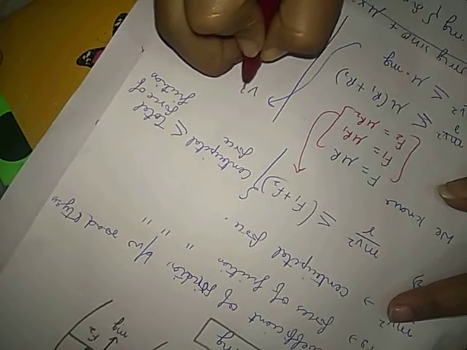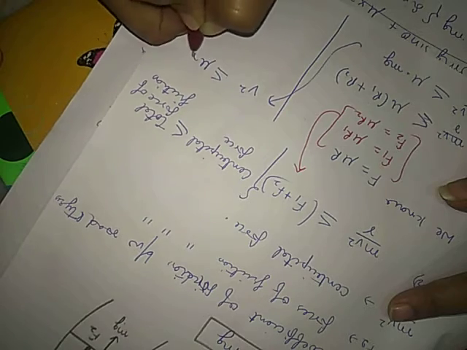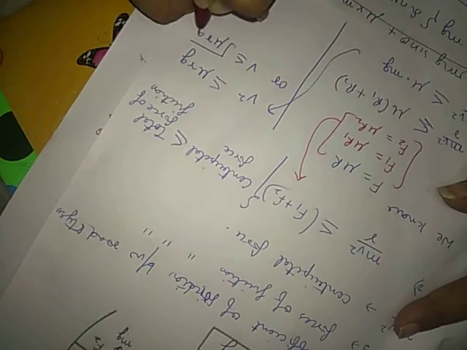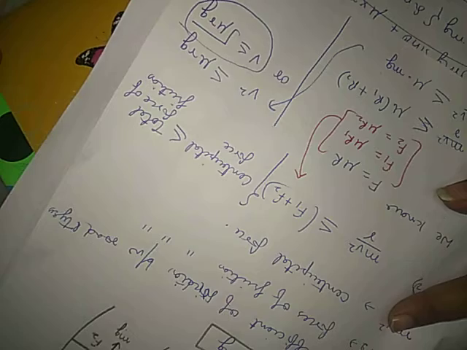So m cancels, and it is written like this. So this much is the maximum velocity with which a vehicle can go around a level circular road without skidding. So this is the derivation of a vehicle on a level circular road. So thank you.